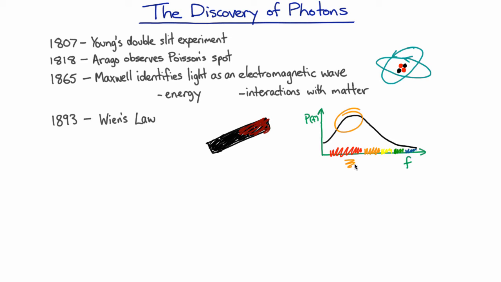Now, as we make this hotter, Wien's law says that if we increase the temperature by a certain amount, then we're going to take this frequency pattern and shift it up a little bit. We can see there that we're going to get lots of these colors coming through, and if we have lots of these colors, then we tend to get something that's white. So when something gets hotter, it turns white hot. And when it gets hotter again, we just shift out the frequency once more, and we're going to get mainly blue. So we're mainly going to get these blue colors and very little of the rest, and so it's going to be blue hot. And so that's why when you heat up a piece of steel, say, first it goes red, then it goes white, then it goes blue, because we're just shifting up the peak in our distribution there.